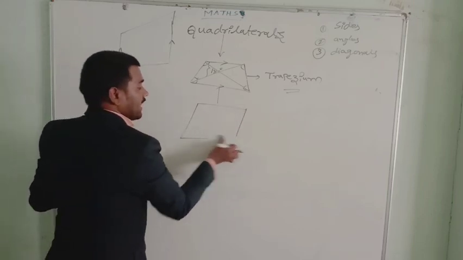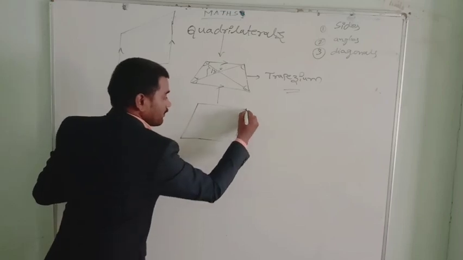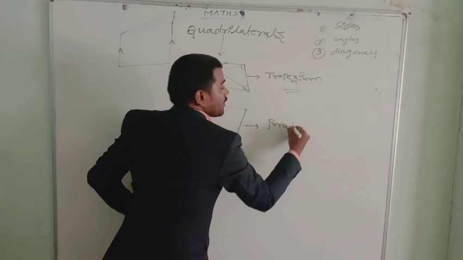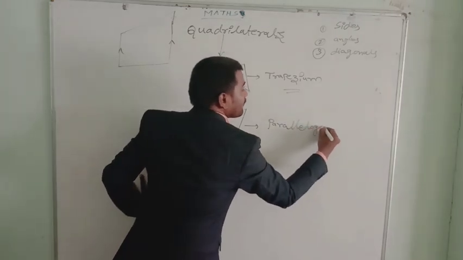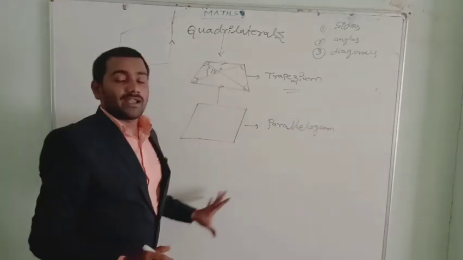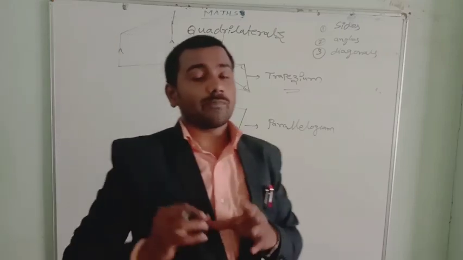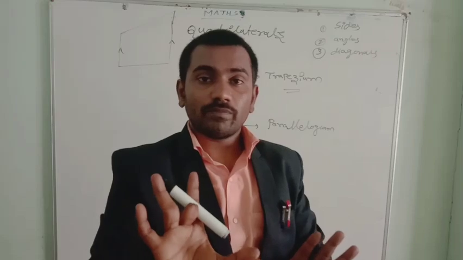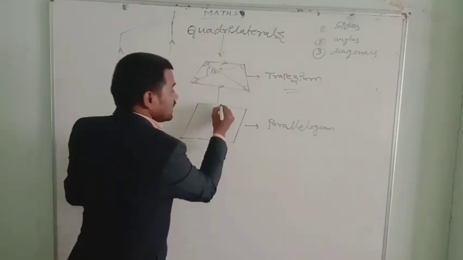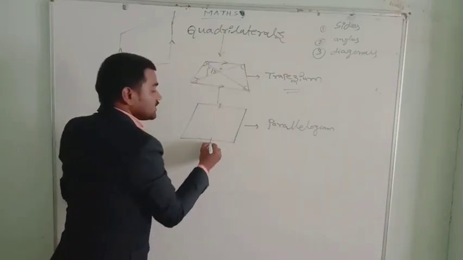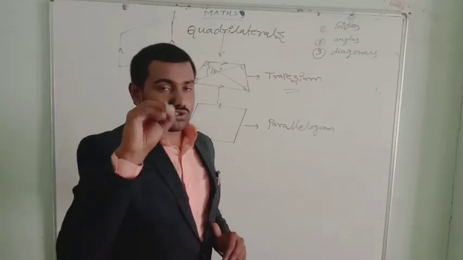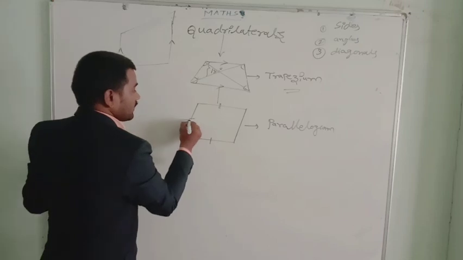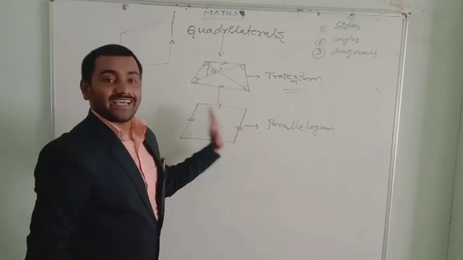the parallelogram. What is this? This is a parallelogram. What is the meaning of parallelogram? What are the properties of a parallelogram? Let's see, in the parallelogram, opposite sides are equal and parallel. Whenever I see equal line segments, I will show that with a bond. Here one bond, in the sense these two sides are equal. Here two bonds, that means these two sides are equal.